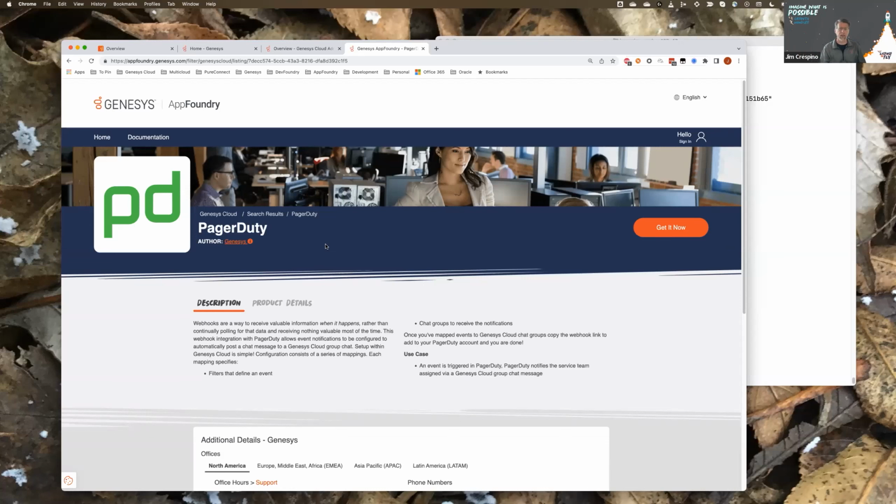And in PagerDuty, you could set up, okay, I want to email this person. I want to send out texts to these people. I want to notify these people over Teams or something like that. You've got a lot of flexibility in PagerDuty. Of course, you have to pay for a subscription. But if this is critical to your business, that might be a small price to pay to be able to notify a bunch of people based on actions that happen within your contact center.